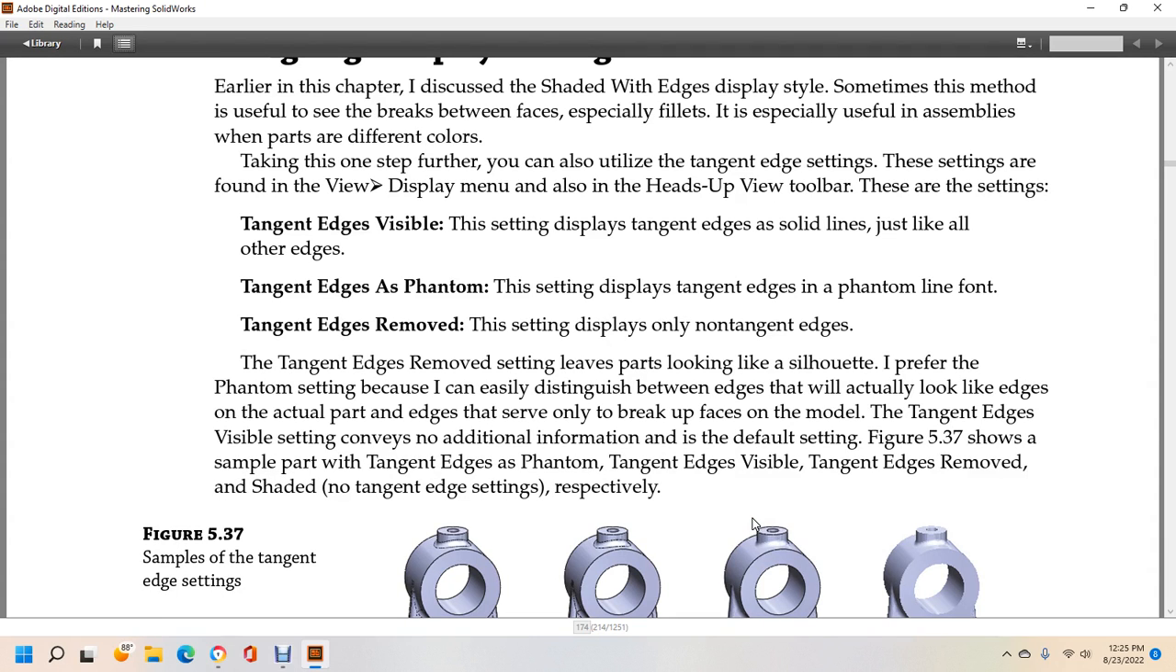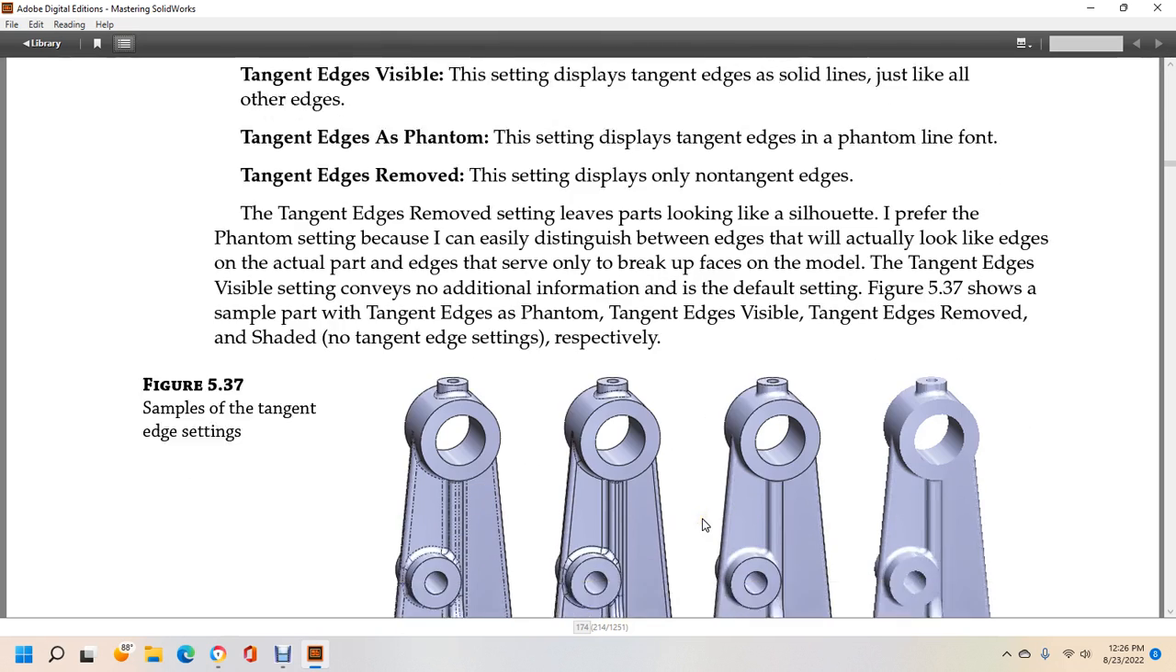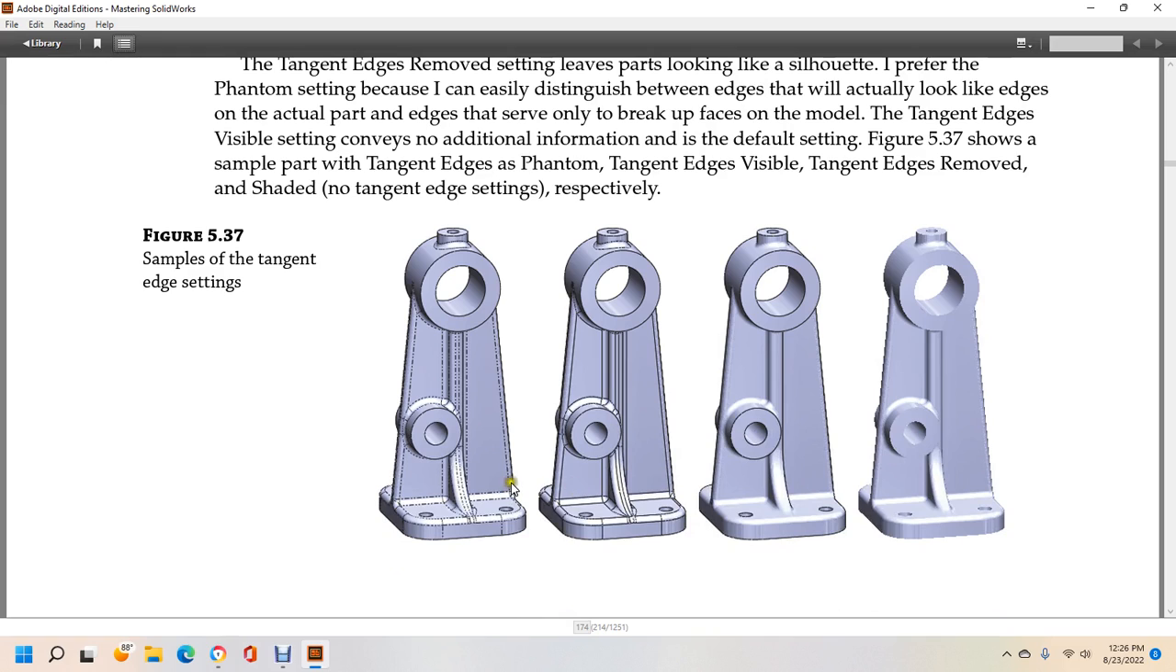and edges that serve only to break up the faces of the model. The tangent edges visible setting conveys no additional information. It's the default setting. Figure 5-37 shows a sample part with tangent edges visible, tangent edges as phantom, tangent edges removed, and shaded with no tangent edges, respectively. So from left to right,